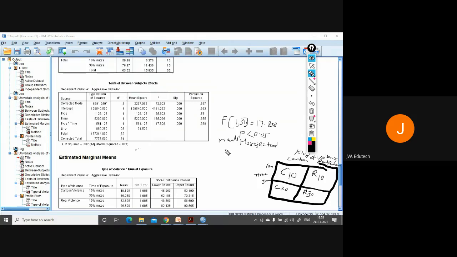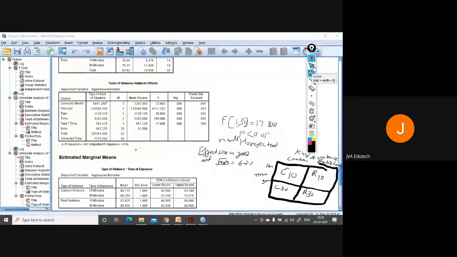Now it says there is a significant difference among all four situations, and the effect size is good: the square root of 0.389 is around 62%. The effect size is also good.